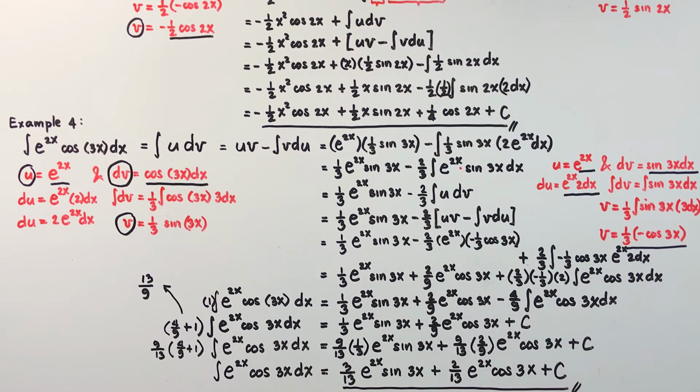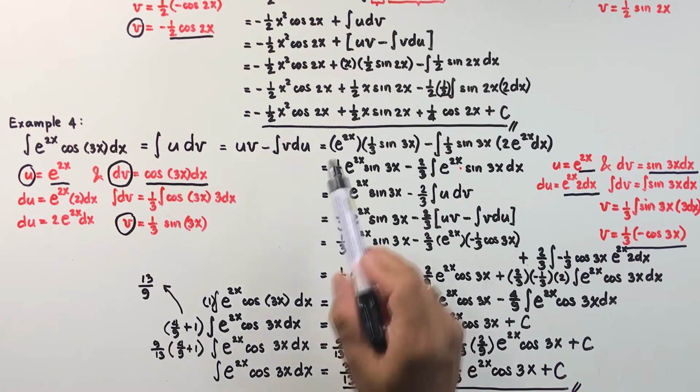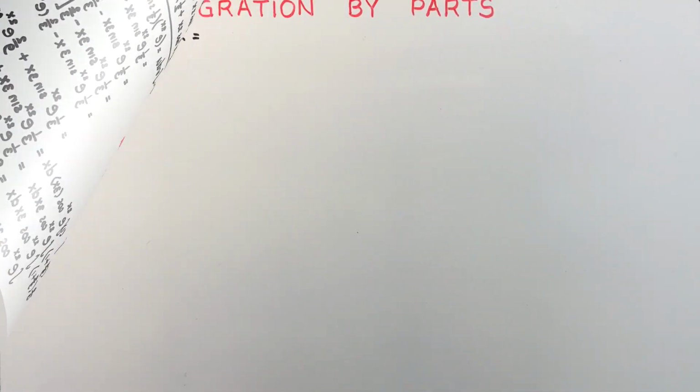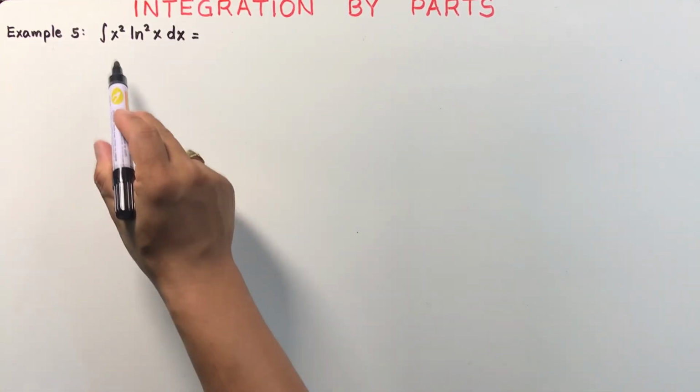And this example is slightly different from example 3 because although we applied integration by parts twice, the same as example number 3, we come up with an integrand here which is the same as the given integrand. So the only difference is that we just combine this integrand with the given so that we can come up with this answer. Now let's proceed to our example number 5,